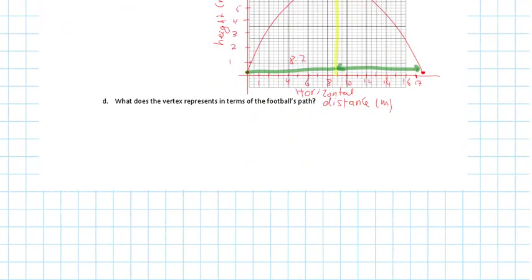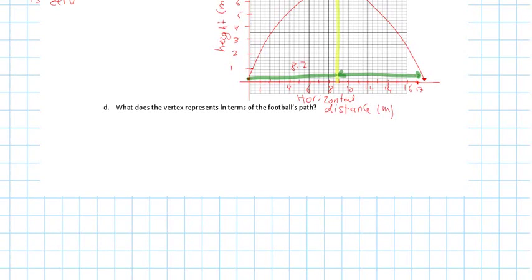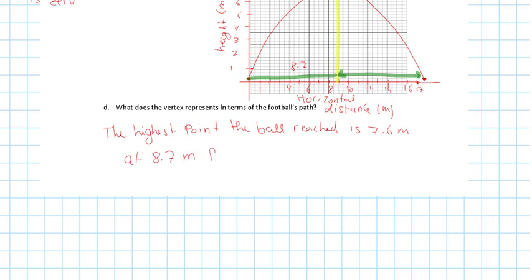The highest point the ball reached is 7.6 meters, right? And when did they reach that point? When did it reach that point? 8.7 meter from the cable, right? That's your horizontal